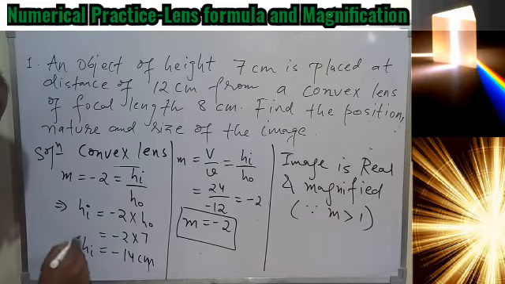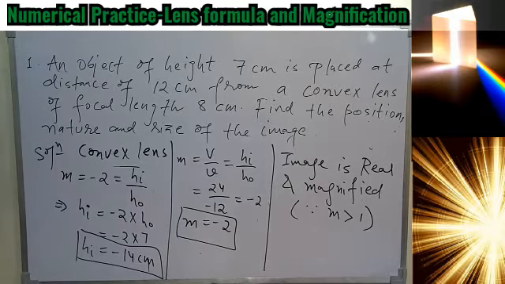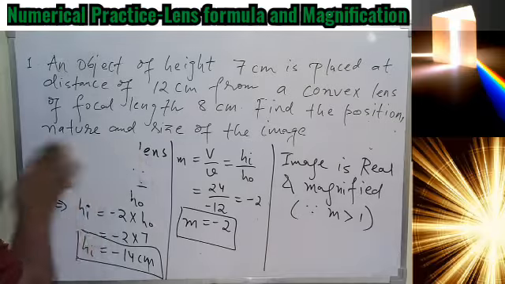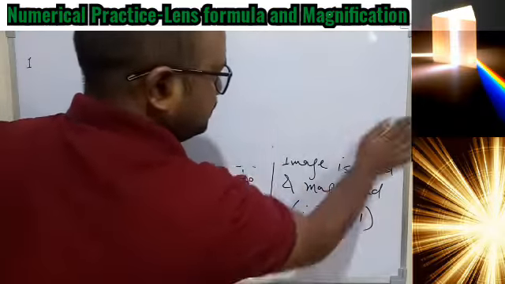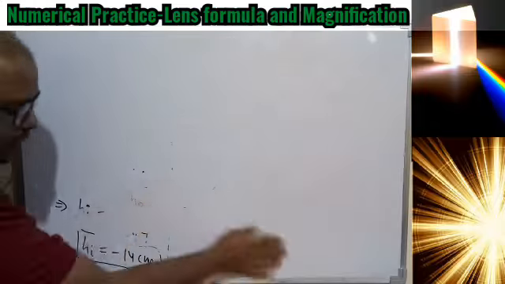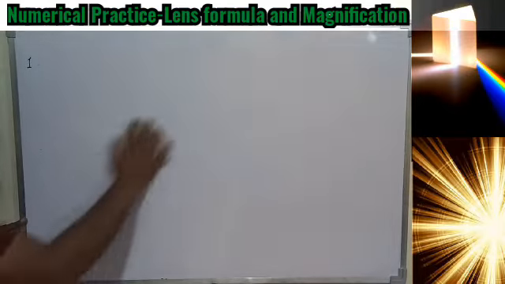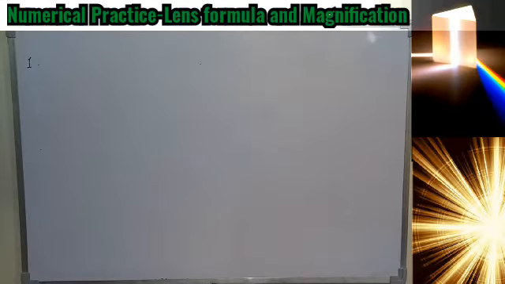You can see here also the image height is coming negative, and that simply means the image is inverted, and we know inverted image is real image. So that is how we can relate the formula and get all the answers. So I hope you understood this one, and let's go for the numerical 2. If you have understood the first one, anywhere you can pause the video and you can see if there is any doubt, so that you can see the calculations properly.